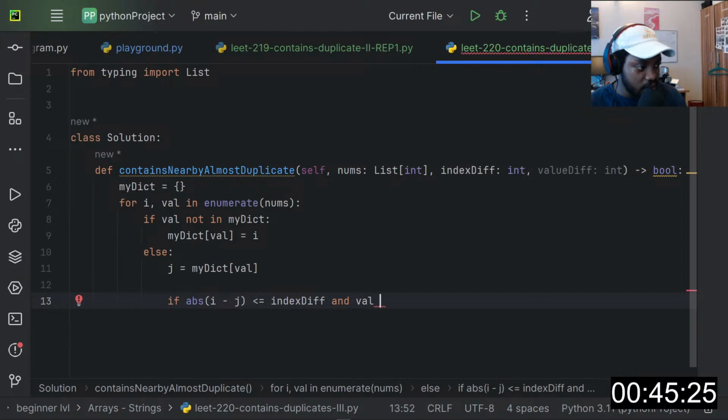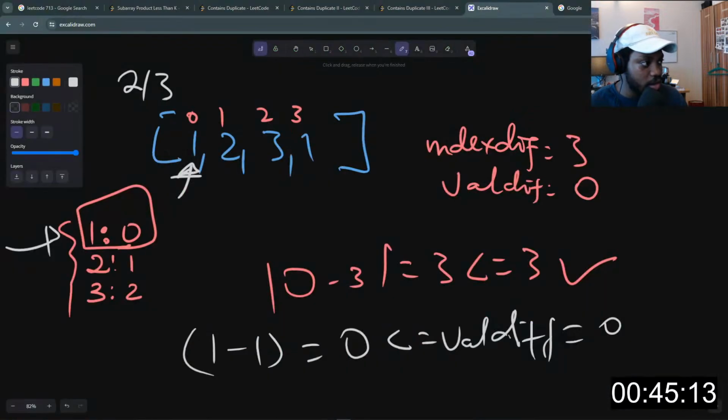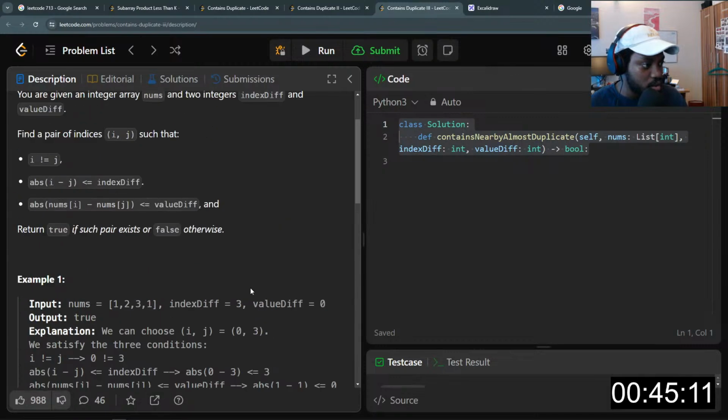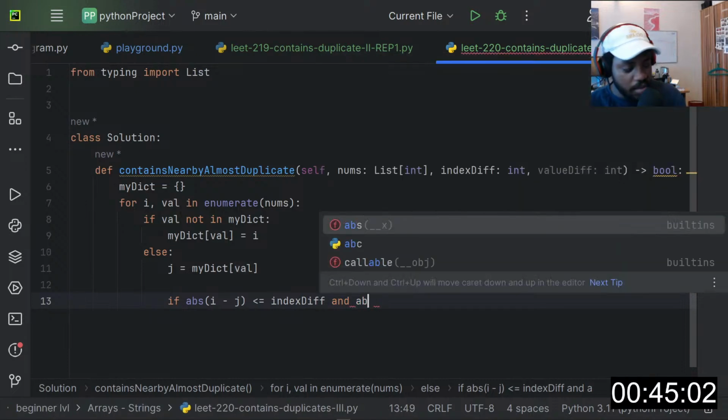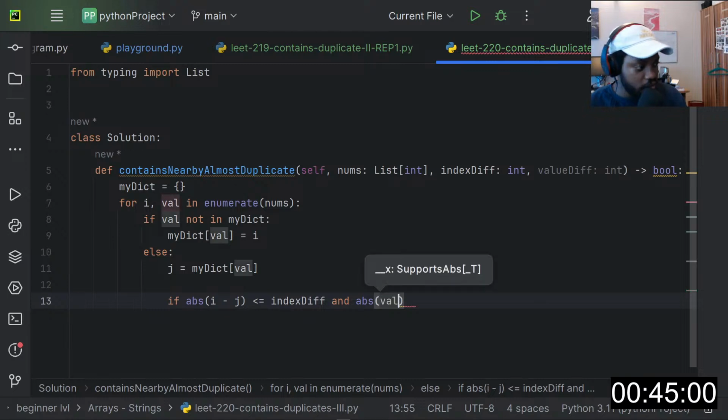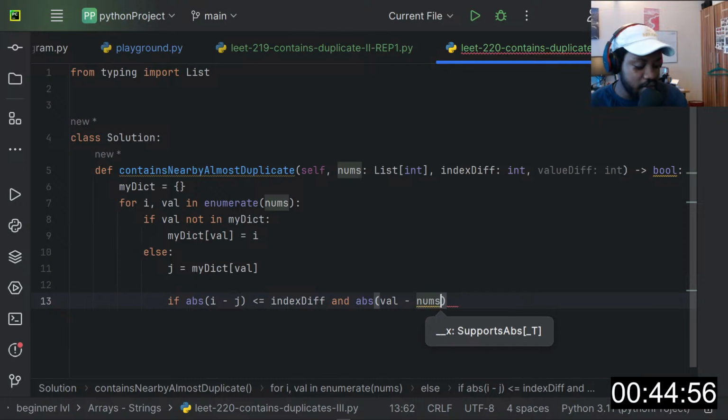Val minus, so we get the value at dict. Is it the absolute value we are searching for? Okay, the absolute value. So this will return the current value. Say abs of the current value minus nums at j.